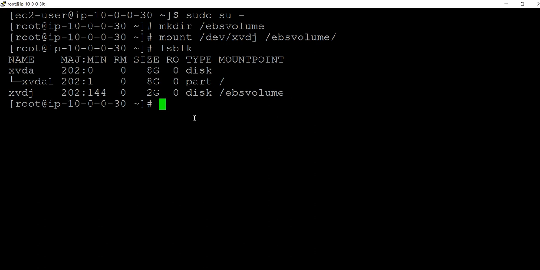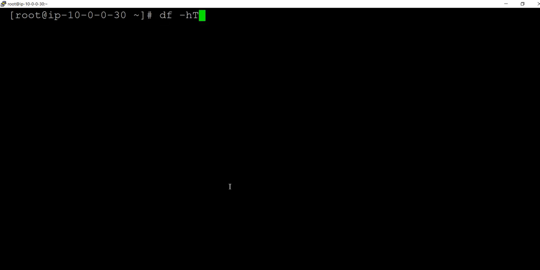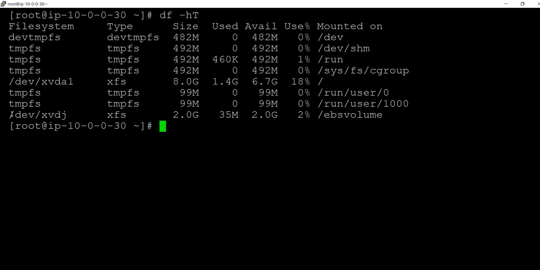Or you can verify with df -h, and also with df -hT, capital T. That means the type of the file system which we have mounted. This is the XFS file system we have given, mkfs -t xfs, right? This is 2.0 GB. It is there now. First I will generate some temporary files, the same way as yesterday, and we will create a snapshot from this. Then we will understand how snapshots work.